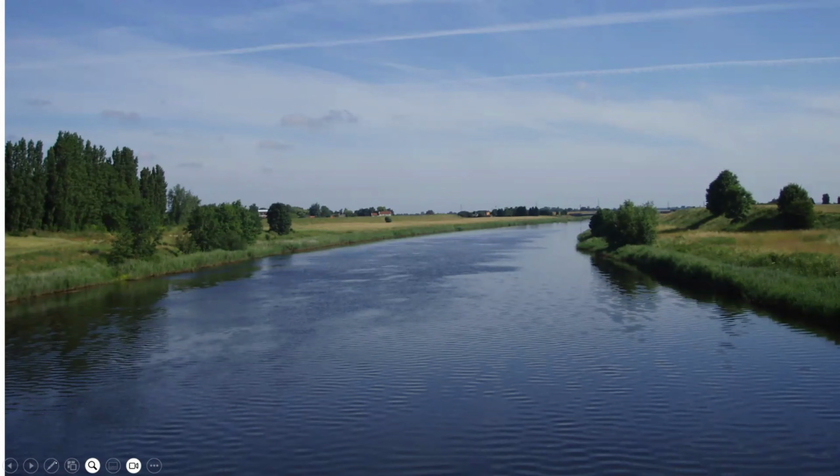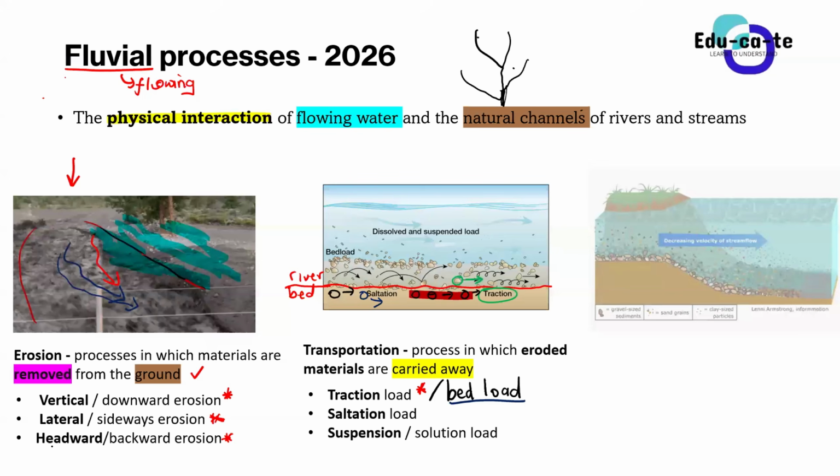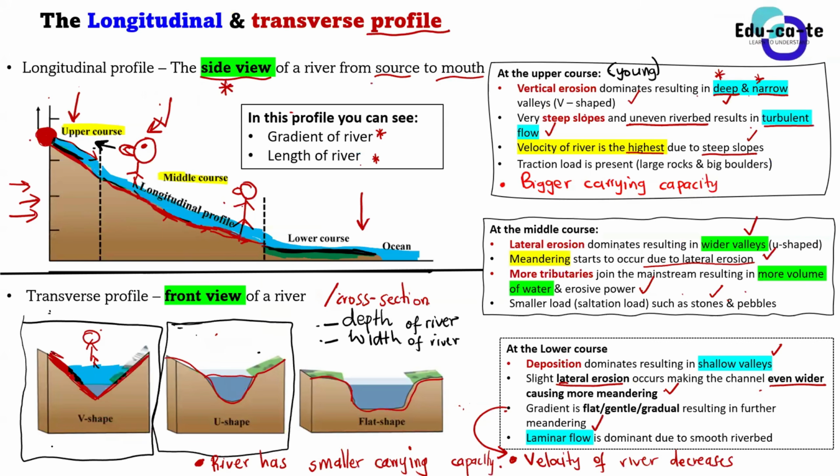All right. So, guys, laminar flow is one of the flow characteristics of the water of the river at the lower course, because when the river gets to the lower course, it is now steadily flowing. There is a gentle gradient, so it's not moving fast because the velocity is slow. So it's just going to have a smooth flow in parallel sheets. That's laminar flow, so laminar flow is dominant there. And the riverbed is somewhat smooth at the bottom here, because now there's not too much erosion.